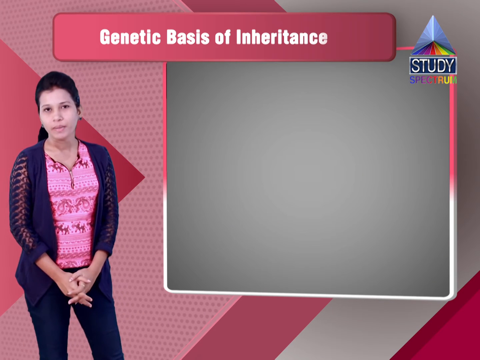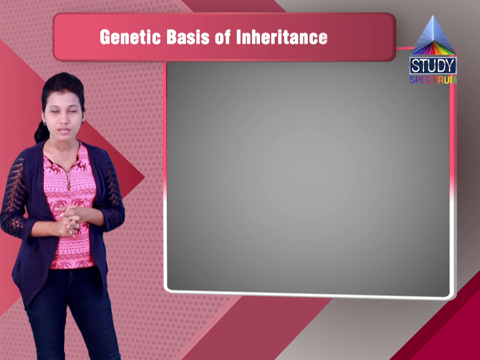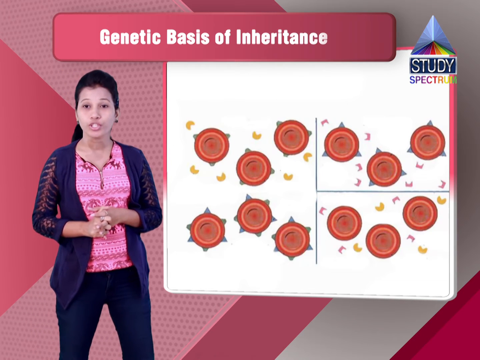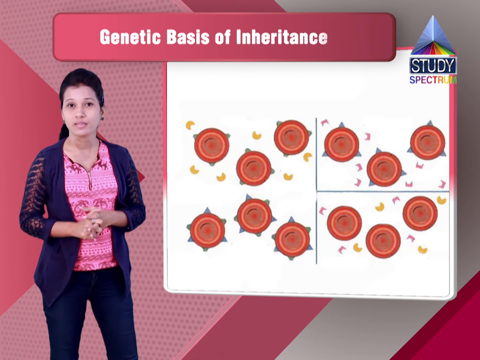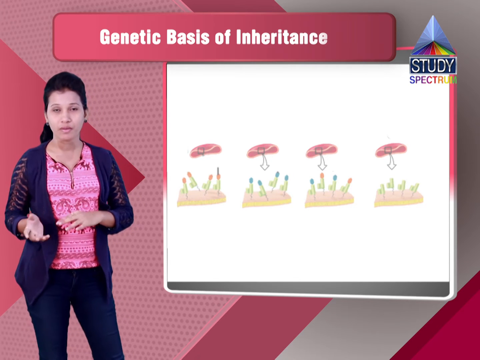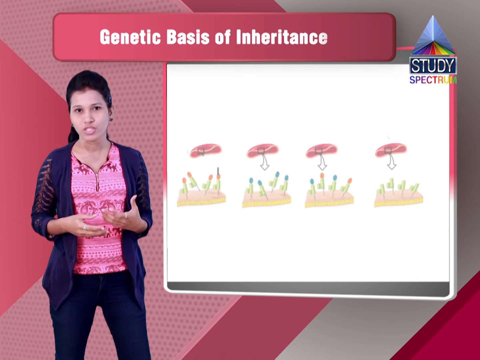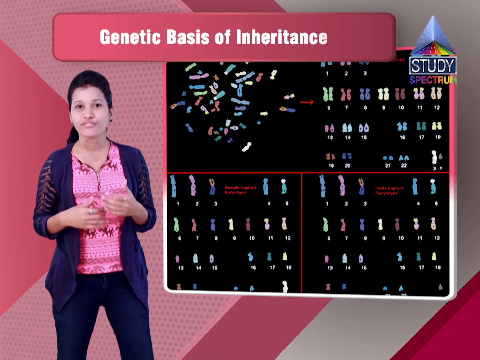So the next non-Mendelian genetics, that is a deviation from the Mendelian theory that we will be seeing, is the multiple alleles. More than two alternative forms of a gene in a population occupying the same locus of the chromosome will be called the multiple alleles. That means there will be two or more alternative forms of the genes on the same gene locus on the chromosome, and they will be representing the different character.